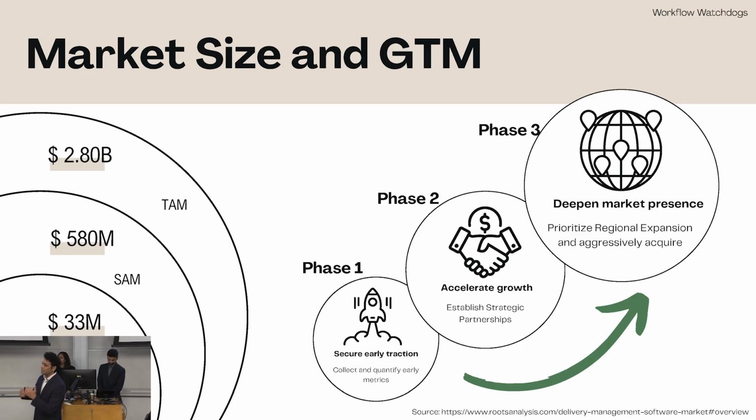For phase 2, we need to be growing and getting bigger, biting into the big players. That's when we're going to be accelerating our growth, through strategic partnerships with local delivery vendors across countries and regions as well. And of course, once we are big enough, once people know who we are, once the revenue is coming in, we are going to be deepening our market presence. This is going to happen through acquisitions and obviously working with local governments.